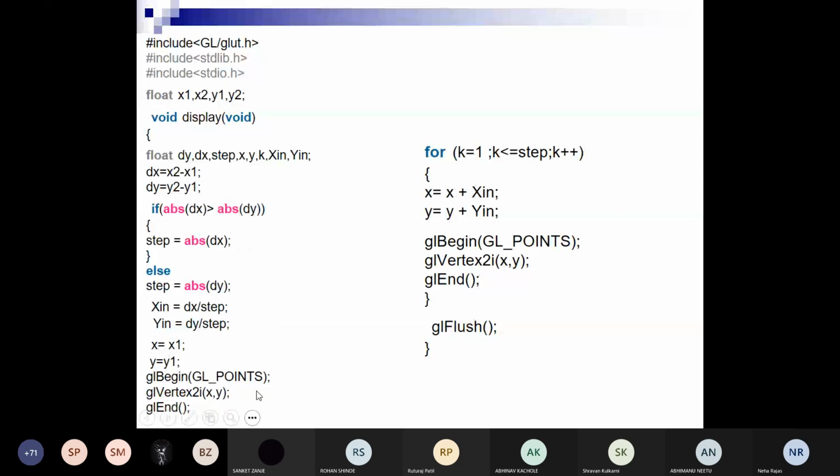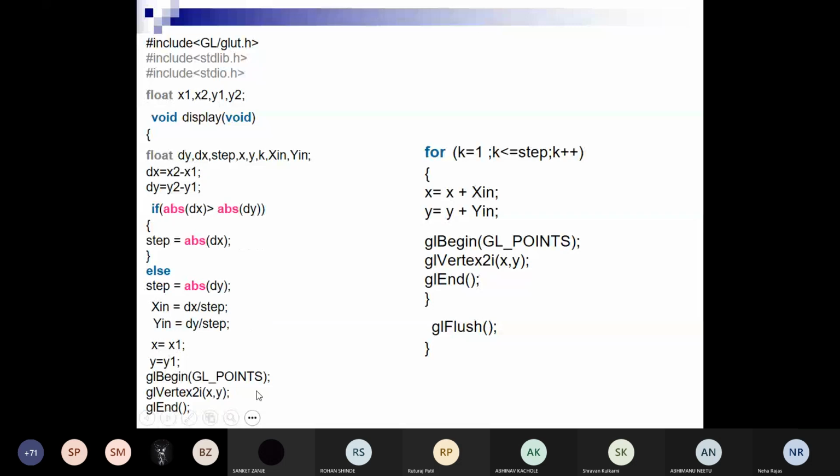Then glBegin GL_POINTS will start plotting, and glVertex2f x, y and glEnd. ये end हो जाएगा और ये हमारा for loop है. ओके और बाद में हमें init में ये जो values है ये सब put on करना है. So create window DDA line algorithm और ये हमारी जो points दिए है x1 y1 की यह हमें print करने हैं. Okay, so this program we are going to do in our practical session.